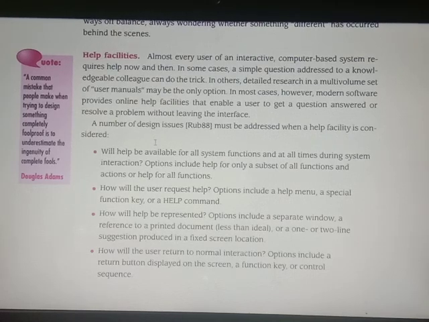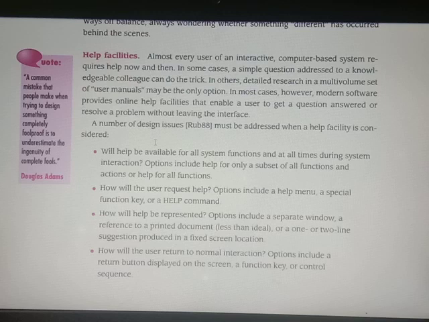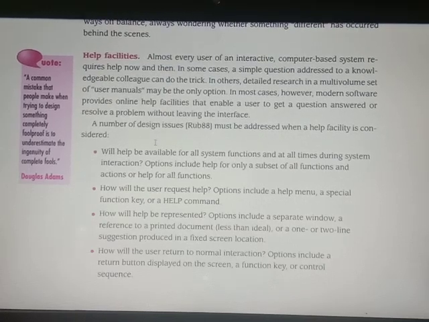Almost every user of an interactive computer-based system requires help now and then. In case of any difficulty or need for further information, the help menu lets the user read through the material and then proceed.